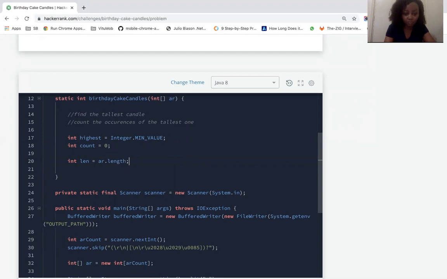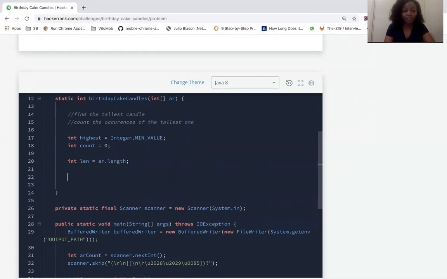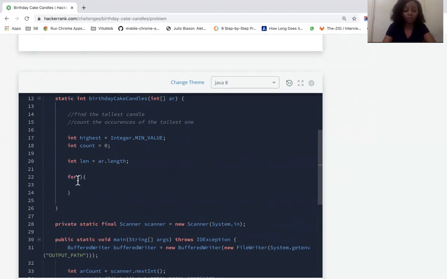I always miss the spelling of length. Okay, so I will use a for loop to loop through every element, because now we have a number to loop through, as long as the index is less than the input length,